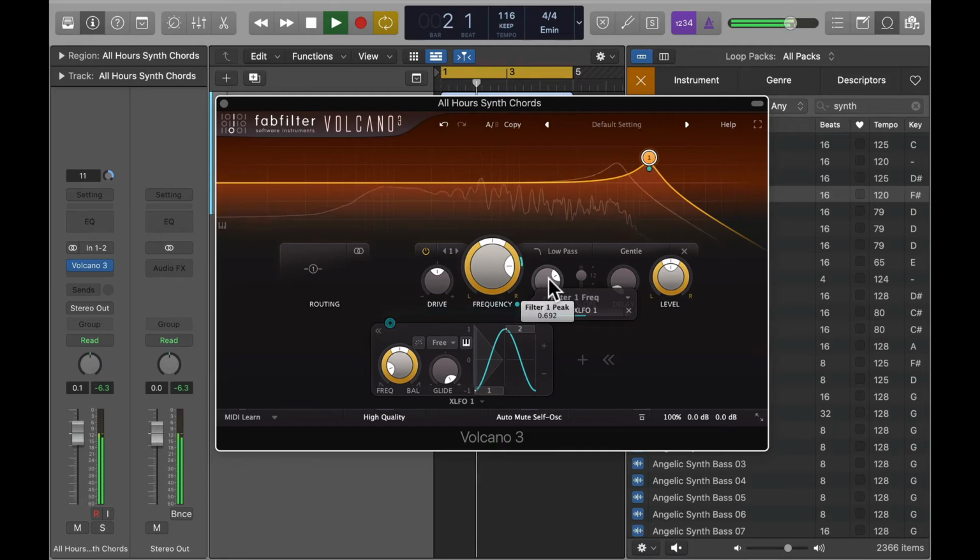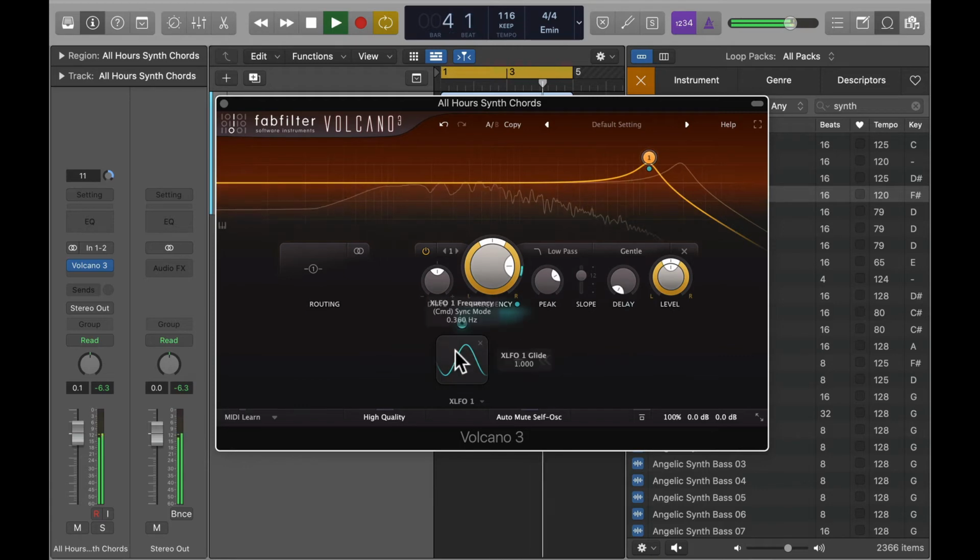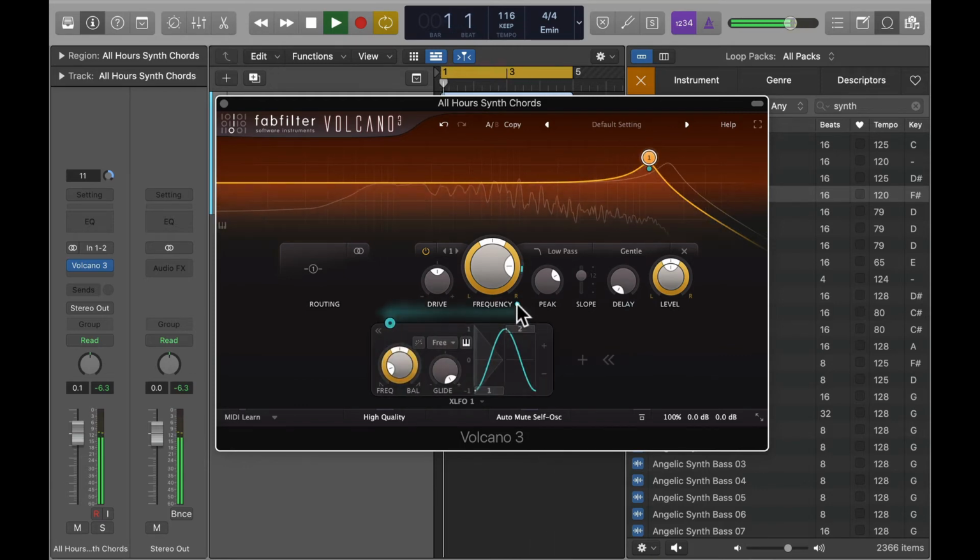affects the cutoff frequency. So here's the, should have shown you where that came from. If you click the little dot here, it's the assignment dot, you can see the effect, the depth of the effect, and you can turn that right up. So you can see it's having a very marked effect now, and you can hear it's having a very marked effect. Or you could turn it right down if you can catch the end of the little marker there. So that's going to let the depth of the effect,